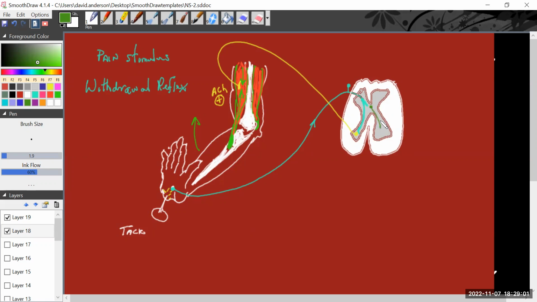I can't actually put it on that side. Let me get rid of that. It's got to come down here on a different motor neuron. So this one is going to go to the triceps muscle. Okay, now I don't know if you can see that very clearly. Can you see that okay? That I drew in a neuron in between the two in green? Yeah. Okay, so that's an interneuron. It's going to be an inhibitory